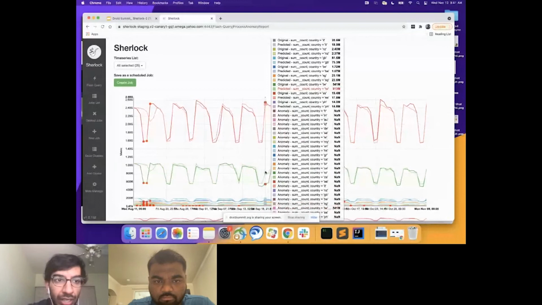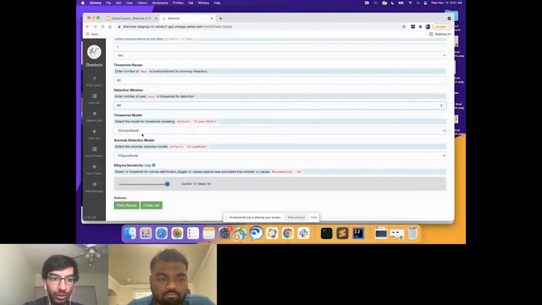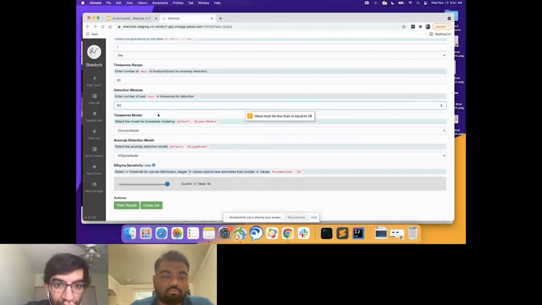And now let's go back and see if we increase the case sigma sensitivity to, let's say, 6, and we repaste the Druid query. Okay, fine, let's go with 28. And you can see that now we have no anomalies whatsoever, even though there's a large difference between the predicted and the actual. There's no anomalies because the case sigma sensitivity is so high that it's basically no longer